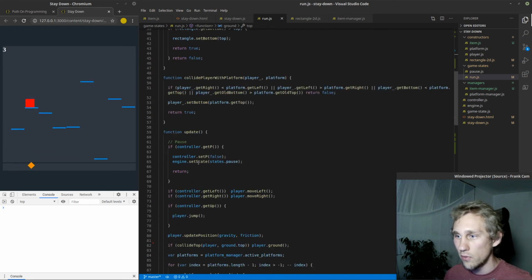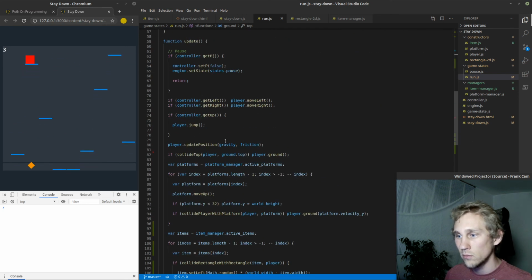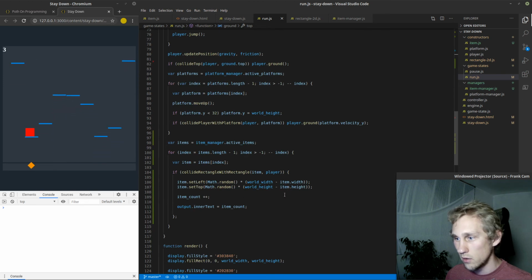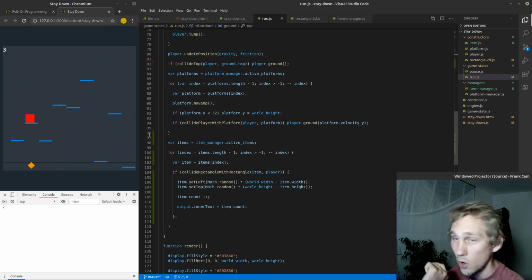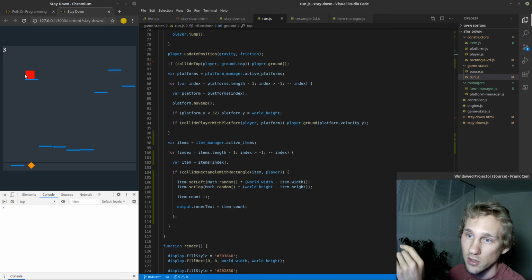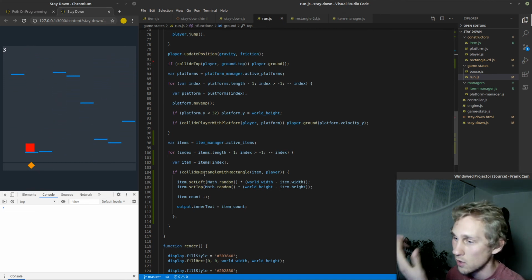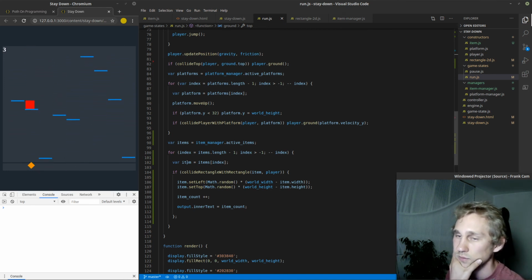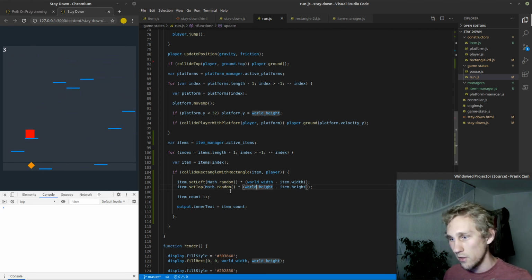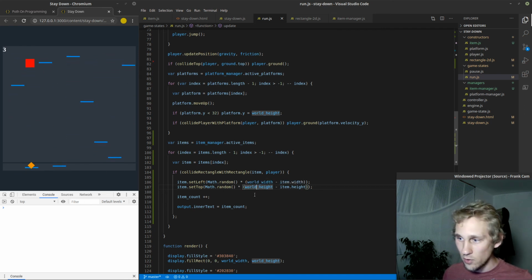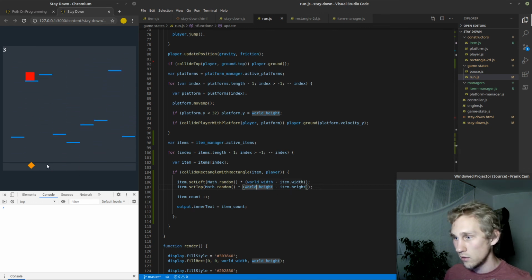So let's go ahead and fix that real quick. Let's find it. Set top. Okay, so we're going to set the top of the item to a random location. Oh, and by the way, it initializes to 1 up here because the player starts where the item starts, because I always default my objects to 100 100 because it's easy to type. All right, set top, Math.random, a number between 0 and world height minus item height